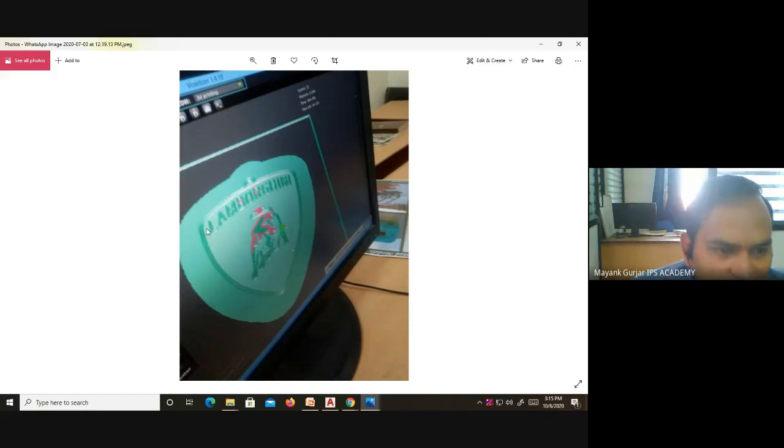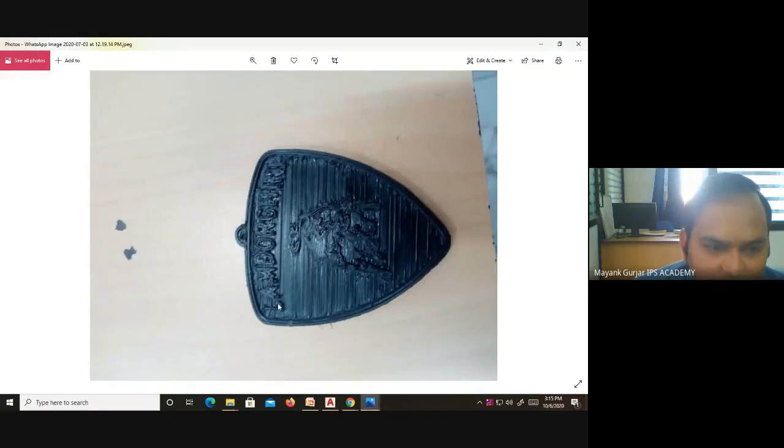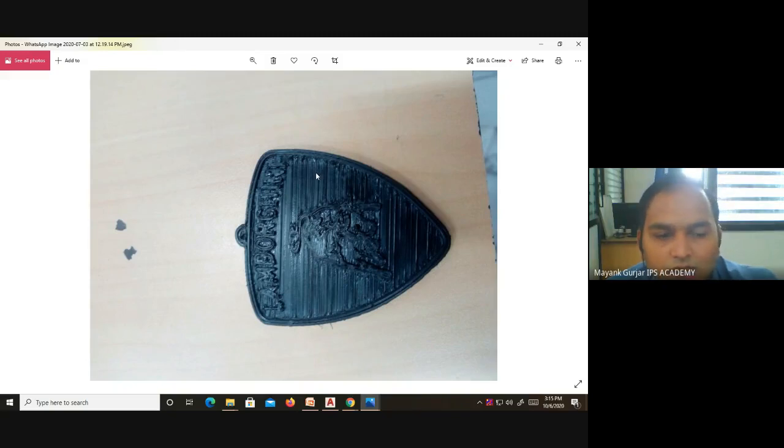One of our students has printed this Lamborghini logo. This is printed in ABS. Here we can find that surface finish is the issue, which can be resolved by post processing, in which we keep it in an oven for some time, then clean it with sandpaper or emery paper, and then paint it with different colors to give it a super finish.